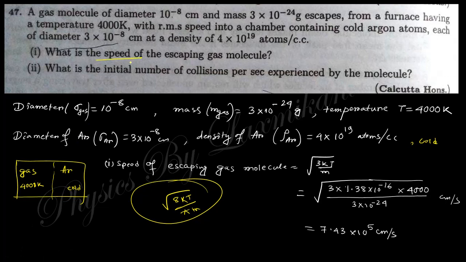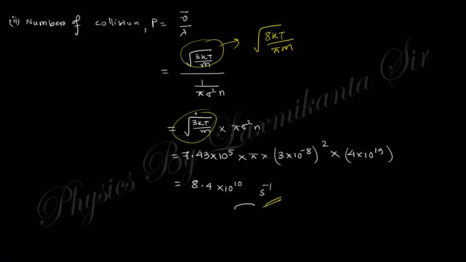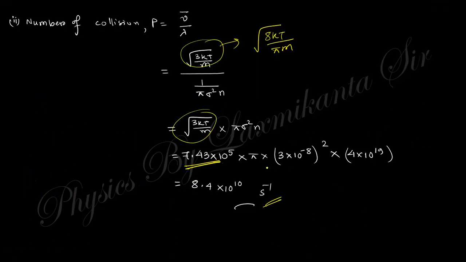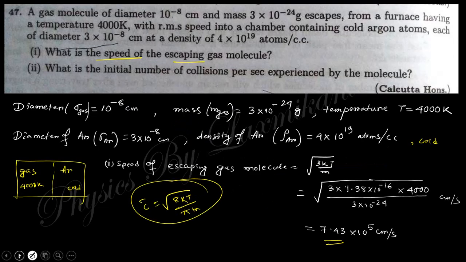Actually, this says what is the speed of escaping molecule. I think you need to use this average velocity, and putting this value you get a slightly different value, and putting this expression here also, this value will be changed. If this is changed, this value is also changed, and the rest remain the same, so you'll get some different answer. Okay, so just check these things.